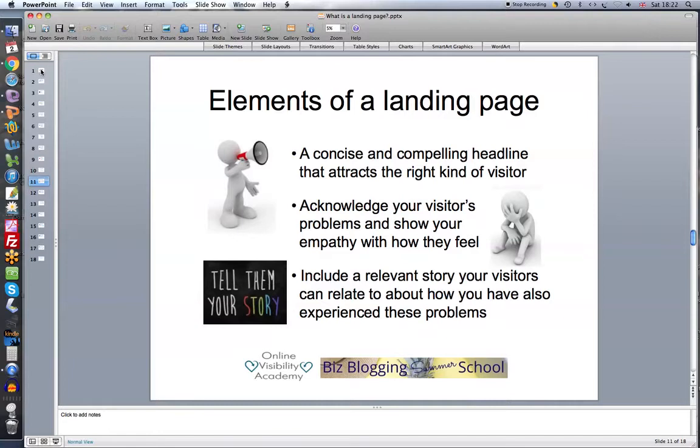Again, if you're able to include a relevant story to your visitors about how you've also experienced the problems that you are trying to prevent or solve, and that you have been through the system and have come out the other side, and how much you have benefited from it, this is something your visitors can also relate to, helping them